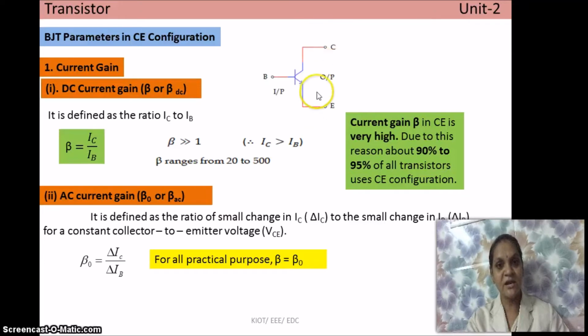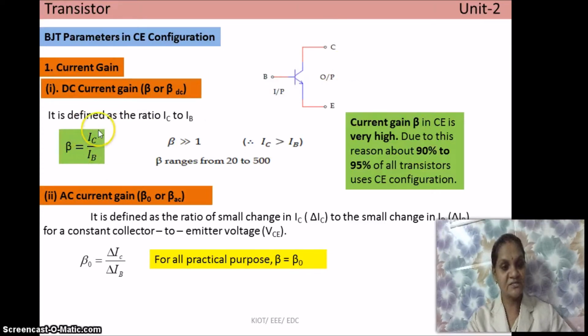Here also, see, the emitter and the collector terminals are always opposite to each other. This is an NPN transistor, arrowhead coming out. First, similarly, the current gain. Here the current gain in common emitter configuration is represented by beta. In common base configuration it is represented by alpha, whereas in common emitter it is represented as beta, or otherwise beta DC, because it is DC current gain. So beta is equal to output current by input current. Output current is collector current, input current is base current.